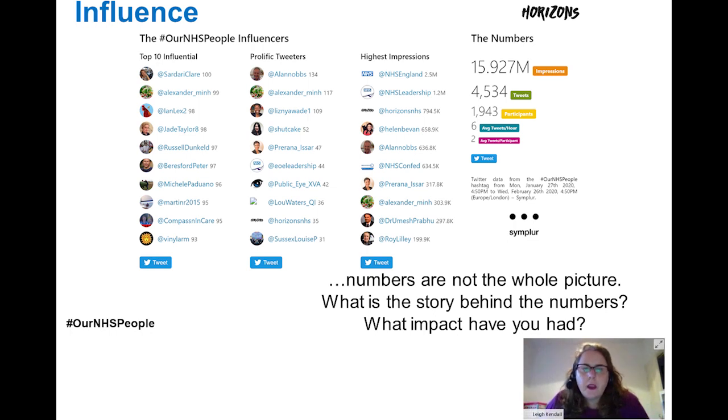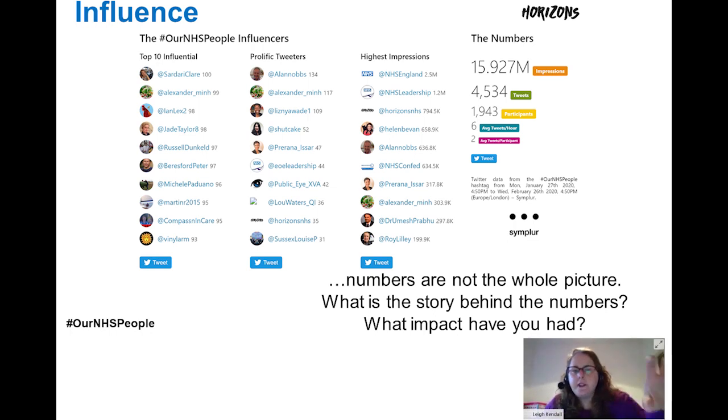the most useful metric. The most useful metric that Symplur gives you here is the top 10 influential, because this can't be gamified. The numbers next to each handle show you the Symplur rank. What this does is very similar to the NodeXL graph that you saw a little while ago. It shows you the connections that those people are making. It shows you their reach.